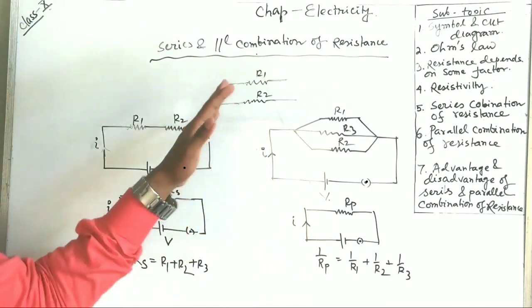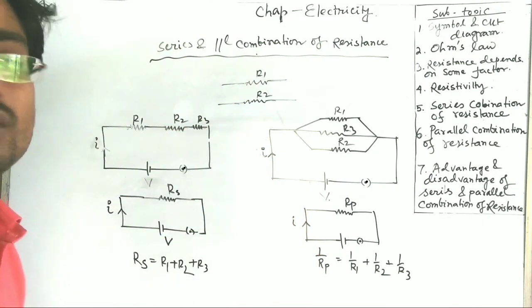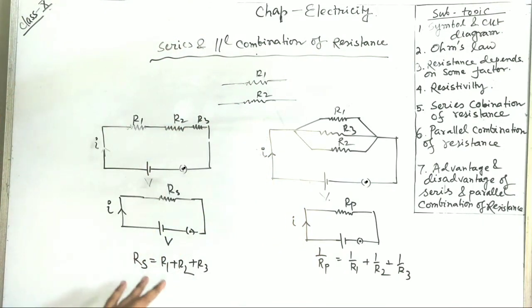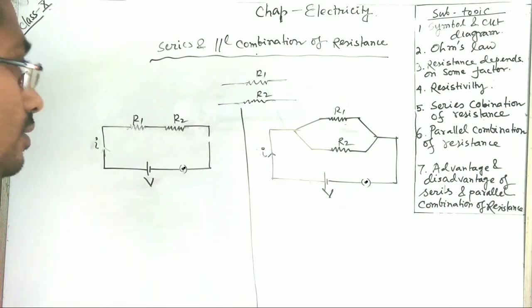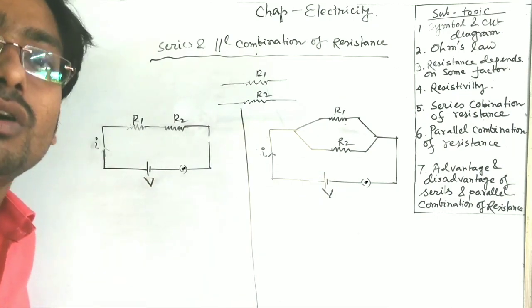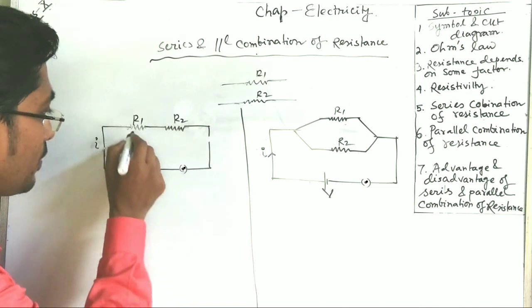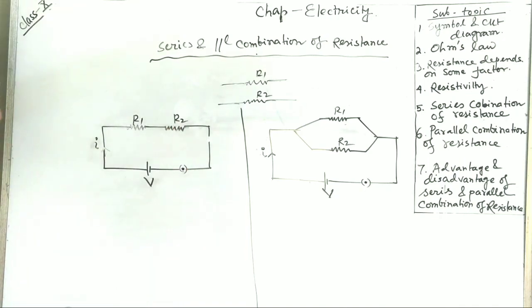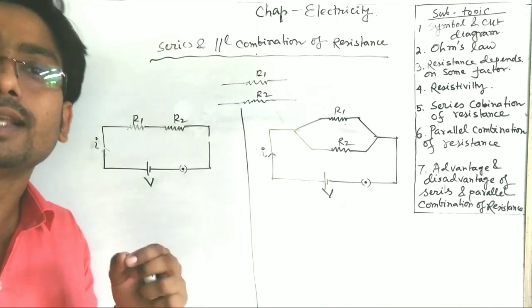So now how does the equation come? Rs is equal to R1 plus R2 plus R3. So I am doing these things here. Now we are dealing with 2 resistances only. It will be the same for all resistances. Now this voltage will be dropped across this resistance and that resistance. We have taken the connecting wire to have negligible resistance.